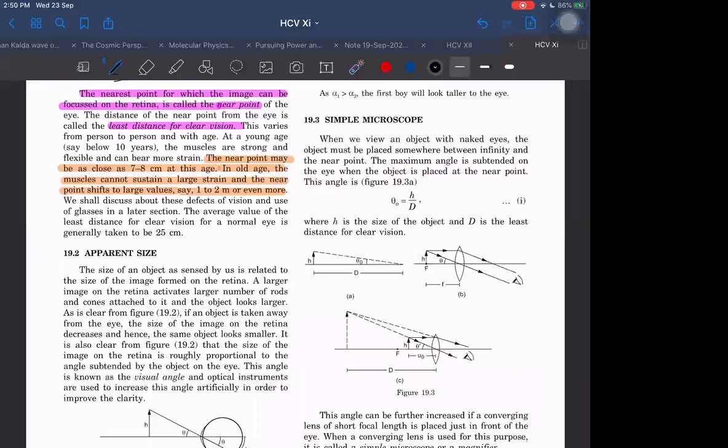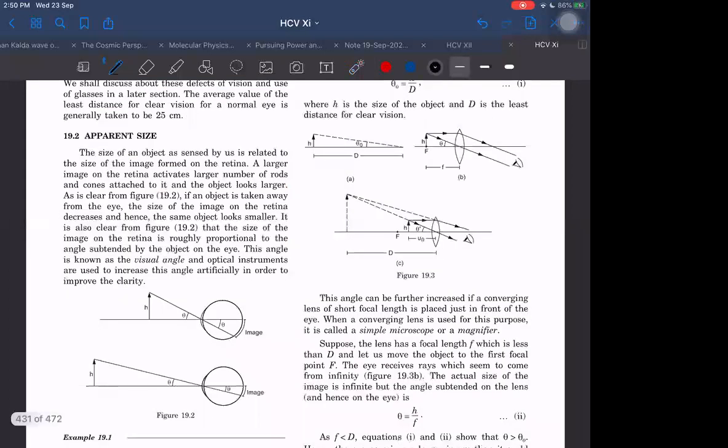You know already, if I want to place this object, what maximum angle it can subtend at our eye? When we place the object at the near point. Now, near point may be different, but let us consider the near point of a normal person. Then I should keep it up to 25. If I keep it before 25 also, then I will be damaging my eyes. It will be putting a lot of strain. We should not do that. And we should not even put it at 25 also. If your eyes are feeling strain at 25 centimeters, try to keep it at a larger distance only. Don't view the objects which are very close. That will be harmful for our eyes.